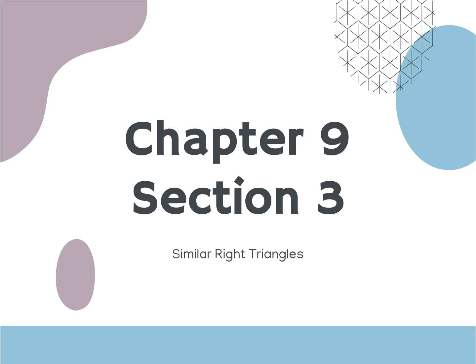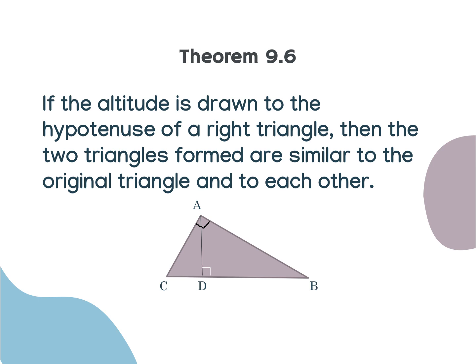So today we're going over Chapter 9, Section 3, Similar Right Triangles. This is Theorem 9.6, and it states, if the altitude is drawn to the hypotenuse of a right triangle, then the two triangles formed are similar to the original triangle and to each other. Now, the key words right here are right triangle